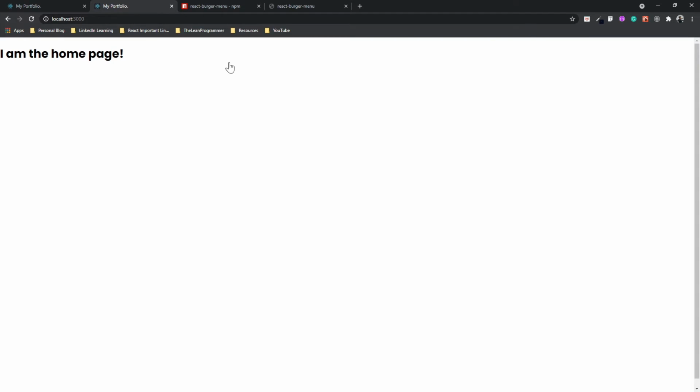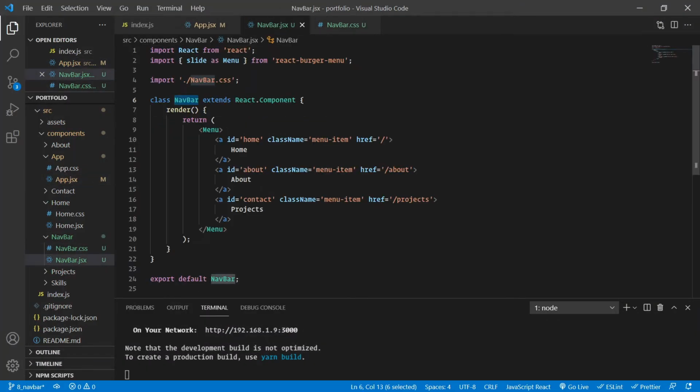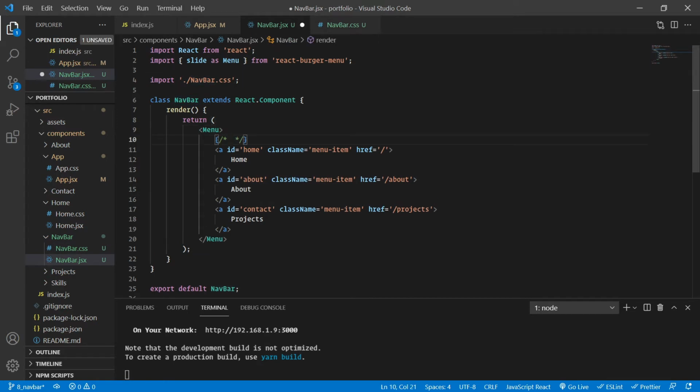So yes, we'll come back to the stylings. Don't worry about it. Styling is just a piece of cake. But before styling, I want to tell you something super important. Just keep a note here. Just add a comment here that we never want to use an a tag inside our React router